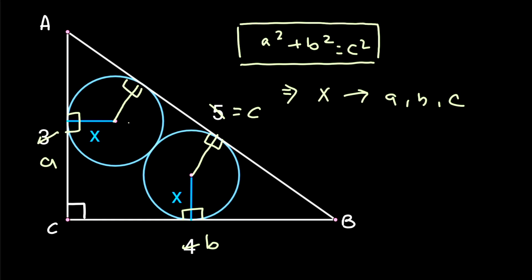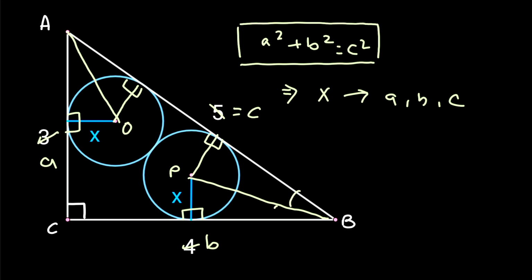Now let the centers of these circles be the point O and the point P. Now we will draw two line segments. The first will join the points P and B, and the second one will join the points A and O. Now carefully look at this and this triangle. We can see that both of these triangles are right angle triangles. They share the common hypotenuse and these two sides are equal because they are the radius of the circle. Hence, these two triangles are congruent by the right angle hypotenuse side property. So once two triangles are congruent, the rest of the things between them become equal.